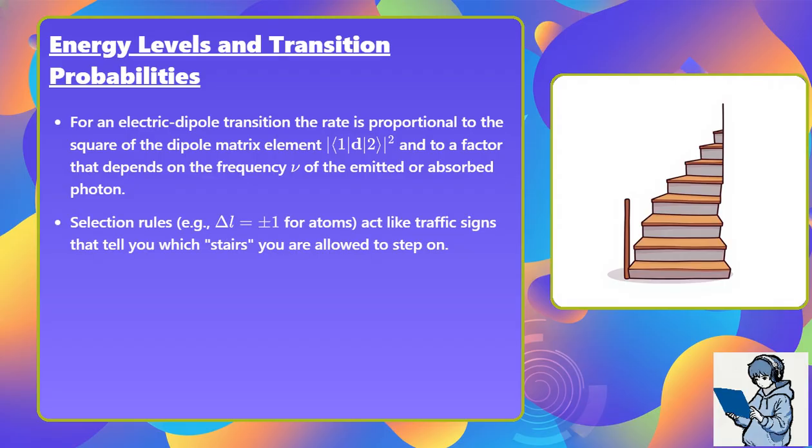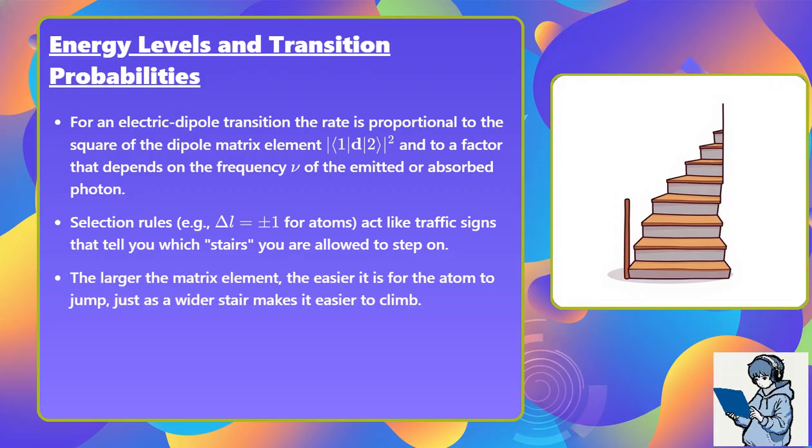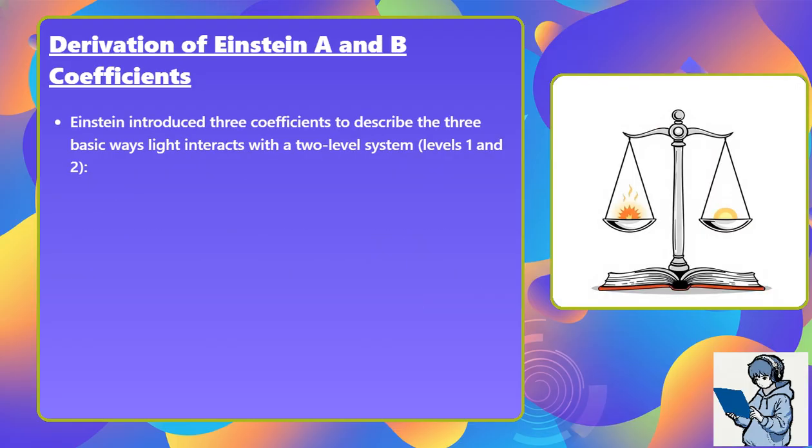Selection rules, for example delta L equals plus or minus 1 for atoms, act like traffic signs that tell you which stairs you are allowed to step on. The larger the matrix element, the easier it is for the atom to jump, just as a wider stair makes it easier to climb. Einstein introduced three coefficients to describe the three basic ways light interacts with a two-level system,